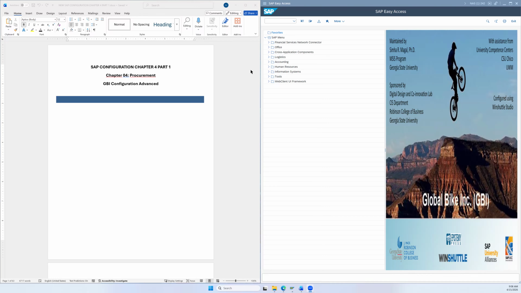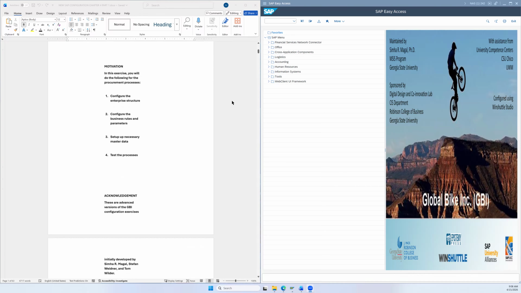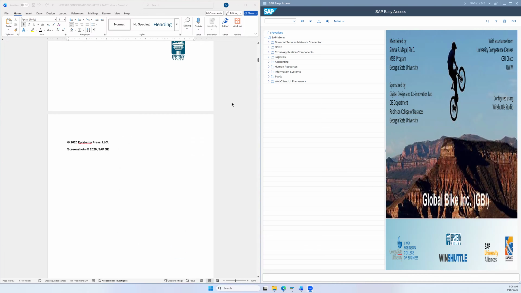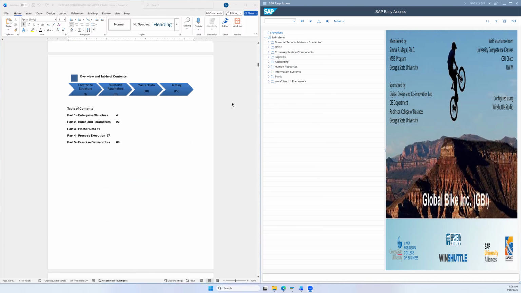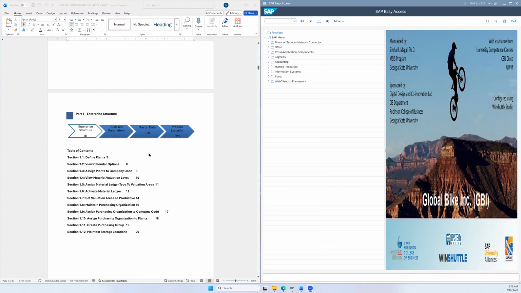In this video, we're going to be focusing on Chapter 4, which zooms in on procurement. If we open up this Chapter 4 Part 1 model, again, we're going to start with the enterprise structure, set up the rules and parameters, metadata or master data, and then testing. So, starting off with enterprise structure,